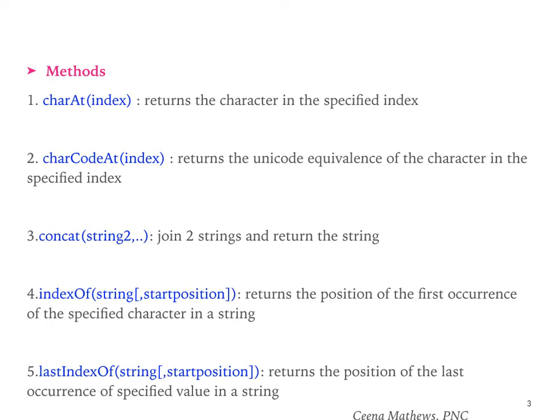So lastIndexOf is used to search from the last. If the start position is given, it will search the string from the specified start position. Otherwise, it will search from the beginning of the string. We'll see examples for these five methods.